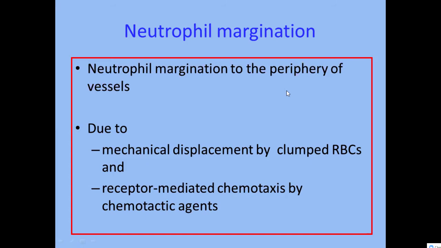When they come to the center, the neutrophils which are in the center of the flow will go to the periphery. This is called neutrophil margination, and it is receptor-mediated chemotaxis. The receptors are present over the endothelium of the blood vessel, and they will attract the neutrophils towards